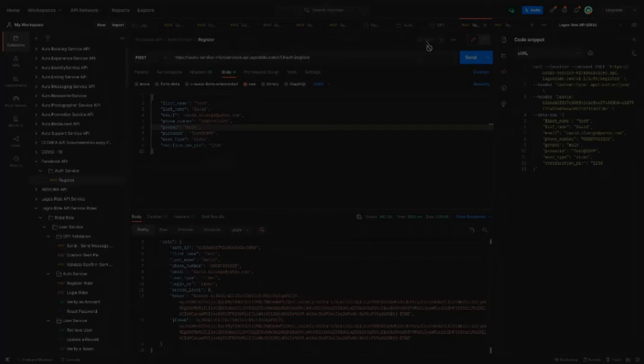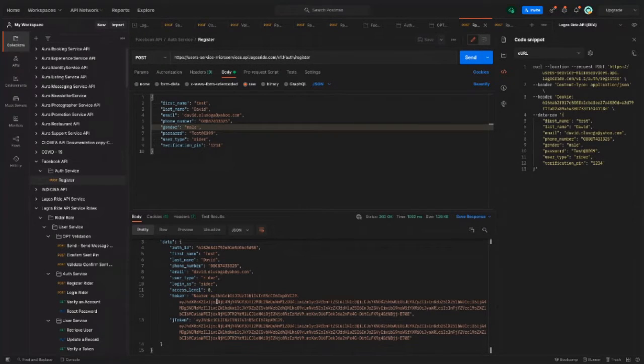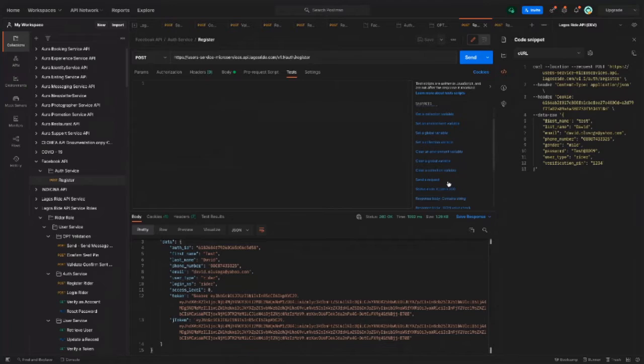To answer the person that asked the question, for me to add a test script to validate this response body, I will come to test. Let's assume I want to validate the response code.